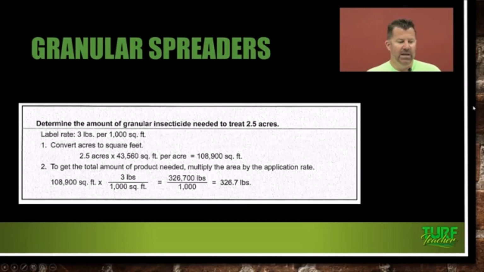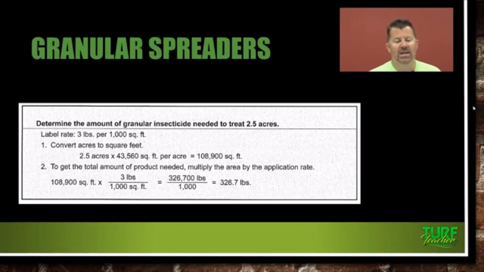Determine the amount of granular insecticide needed to treat 2.5 acres. Label rate is 3 pounds per 1,000 square feet. Convert acres to square feet, so 2.5 acres times the 43,560 square feet per acre is 108,900 square feet. To get the total amount of product needed, multiply the area times the application rate. So we have 108,900 square feet times 3 pounds per 1,000. We can cancel out our square feet. It's going to give us